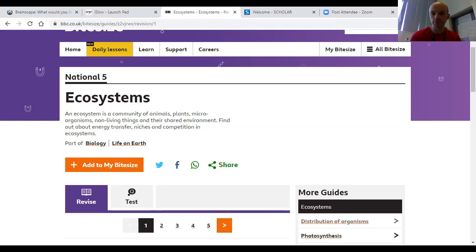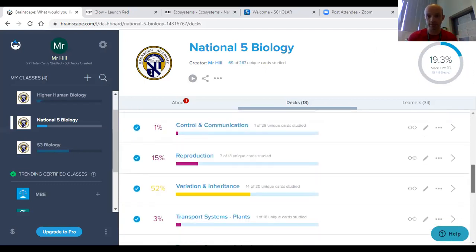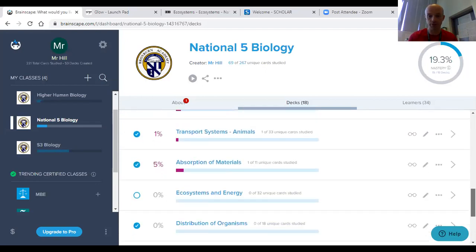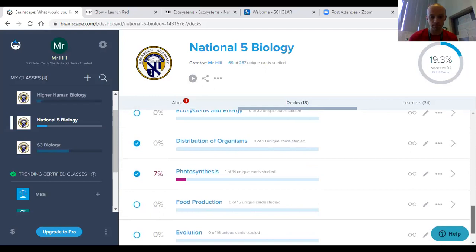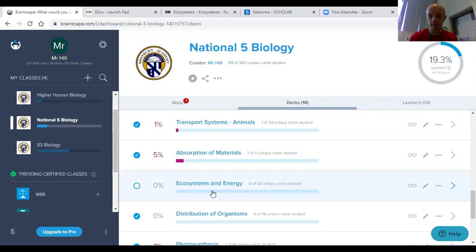Okay, the final one that we want you to get familiar with is something called Brainscape. So your teacher, if you want, can give you a link to this, and it will take you through to the National 5 Biology Brainscape. And it's basically online flashcards. I'll show you an example of how it works. You can keep tabs of your revision and how well you're doing for the different topics. You can do it topic by topic, or you can have all the topics interwoven. It's up to you how you do it. But if we go down to a particular topic, one that we're starting on, ecosystems and energy, if you click on that,